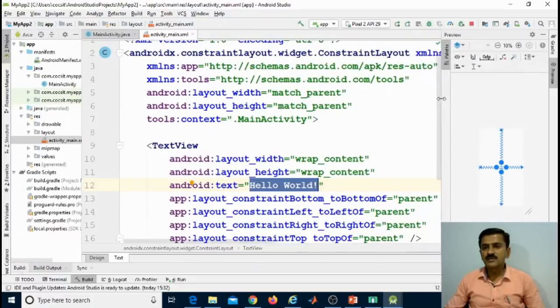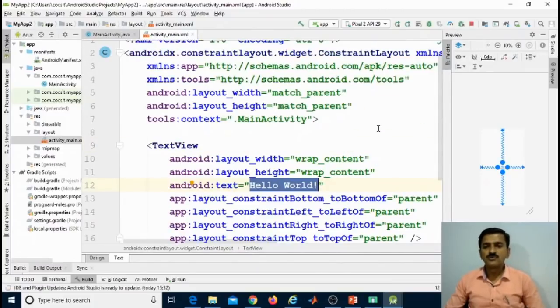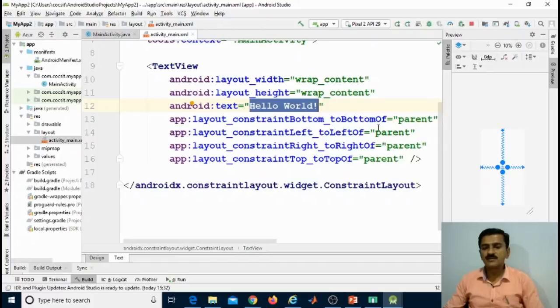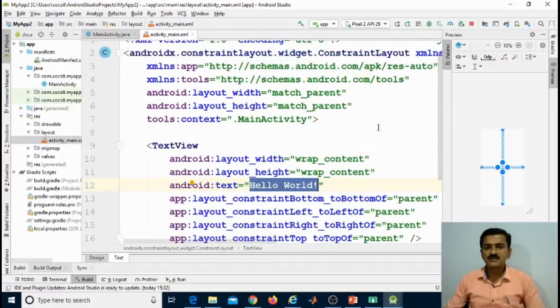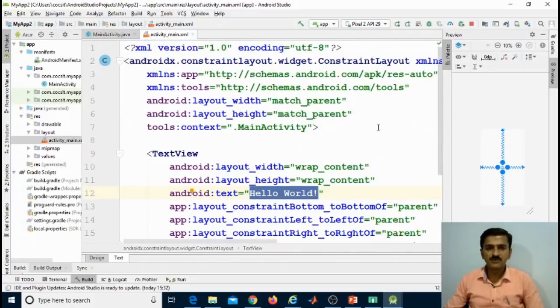To design your activity or screen, you have to write some XML tags similar to your HTML tags. As you write some attributes of HTML tags, you have to write some attributes of XML tags for designing. To design the button in HTML, you can use input type button. Here a button tag is there. You can directly design the button using the button tag. Several such tags are there. Using such tags, you can design the user interface as per the requirement.